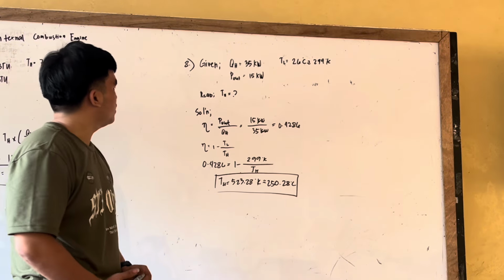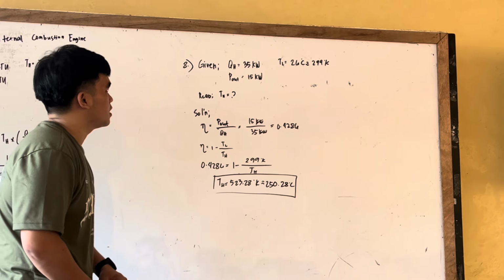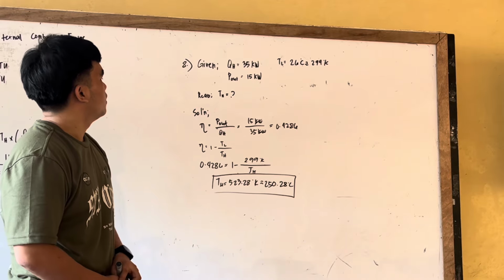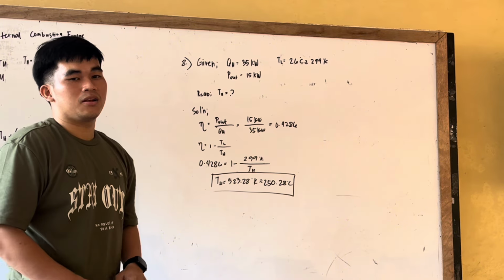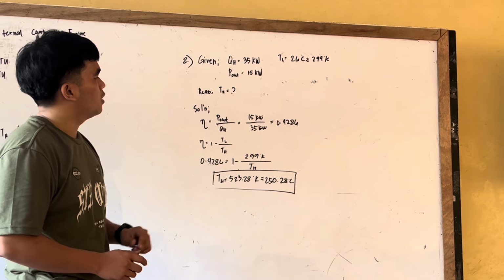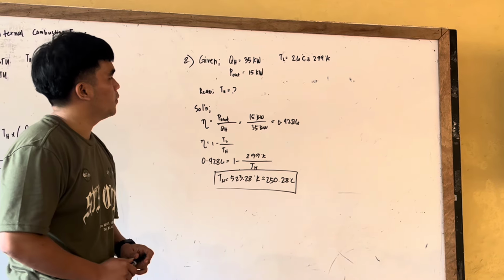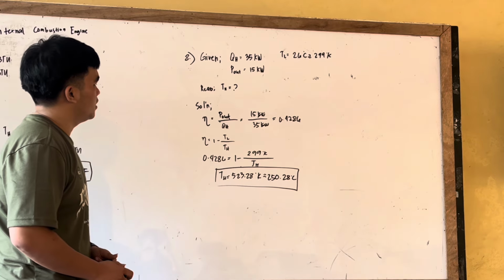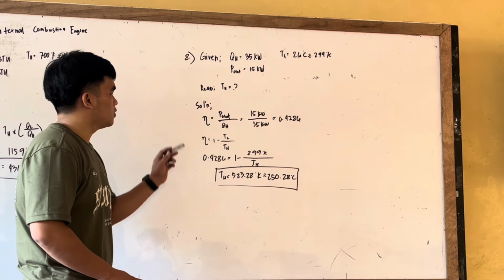So in the number 8 problem, the given is QH equals 35 kilowatts and P out equals 15 kilowatts and the TL is 56 degrees Celsius. Converted to Kelvin, we have 199 Kelvin. Then the required is the TH. So the solution is